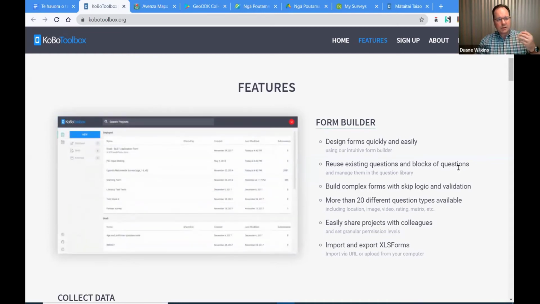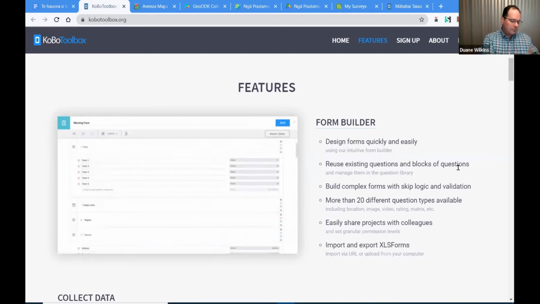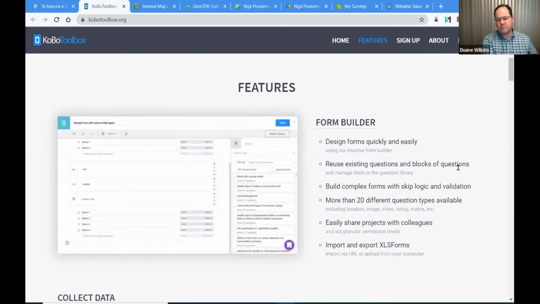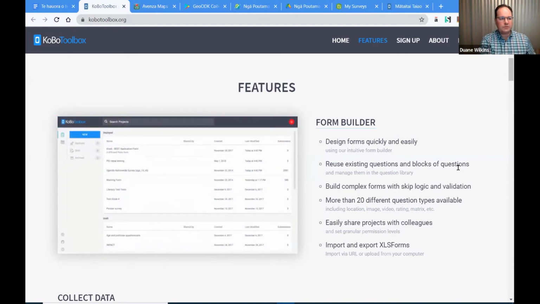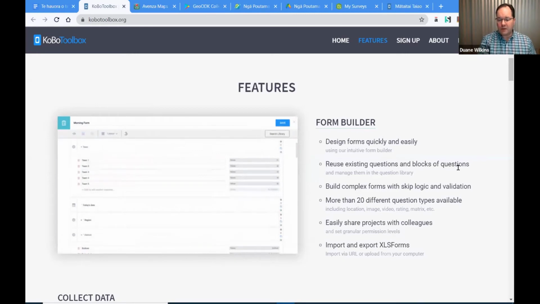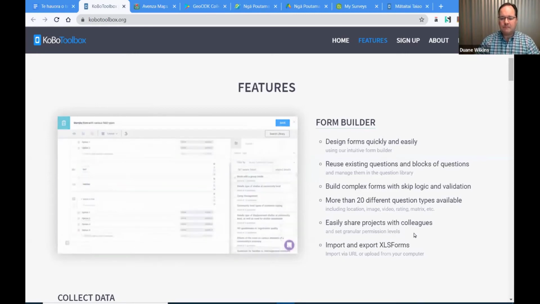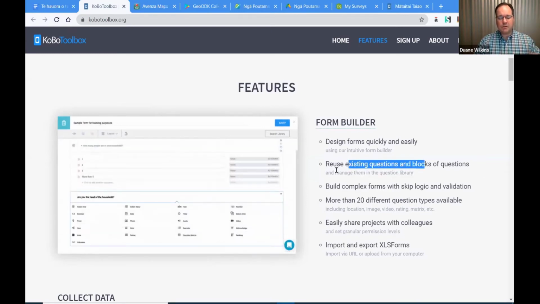So you can create, let's say you're creating a series of forms, one for marine monitoring, or one for freshwater monitoring. In this case, we're doing shellfish monitoring, but you might also have one for estuary monitoring, where you have a variety of different questions. So it allows you to reuse them, so you don't have to keep recreating the entire form every time,